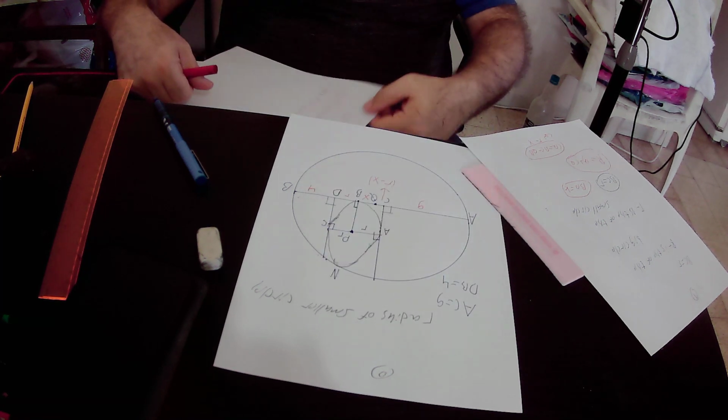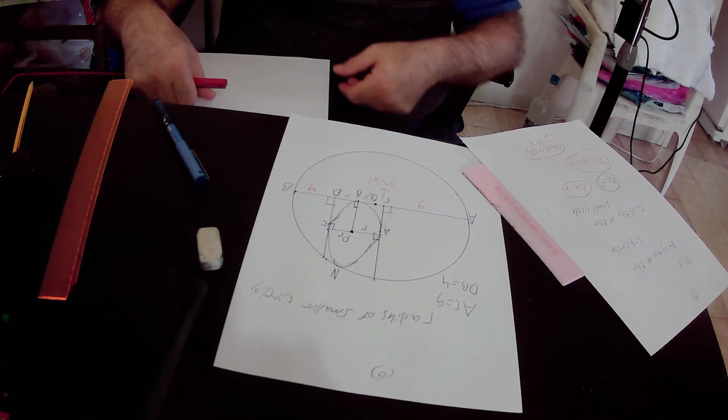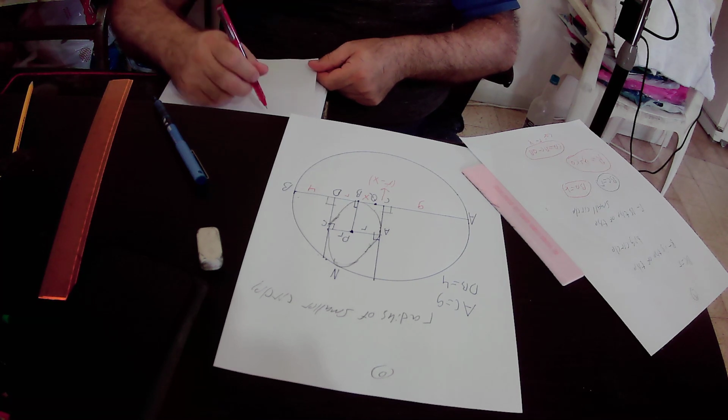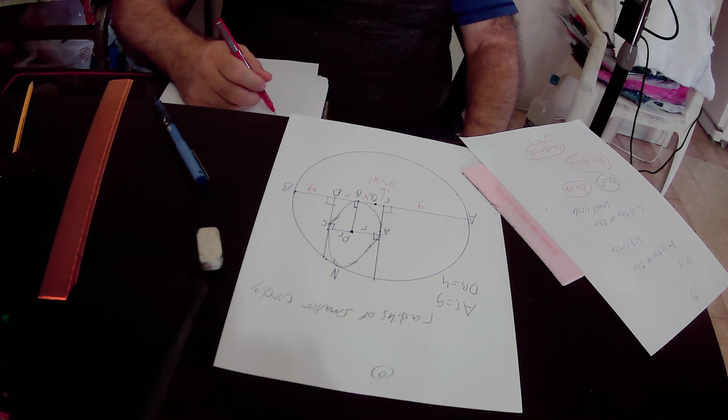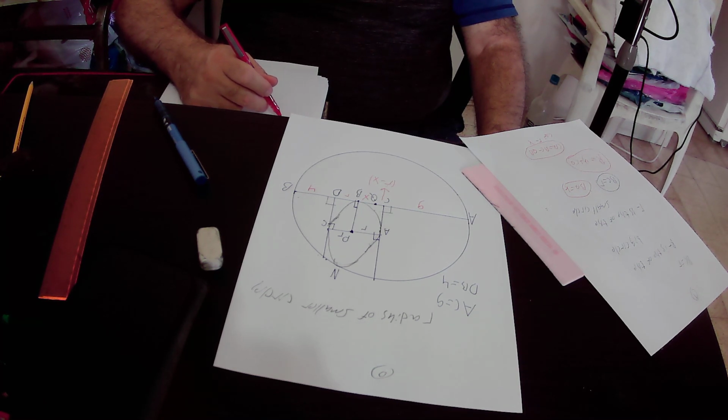So we will create equation number 3 that states that equation number 1, that is the radius of the big circle, equals equation number 2, that is also the radius of the big circle,